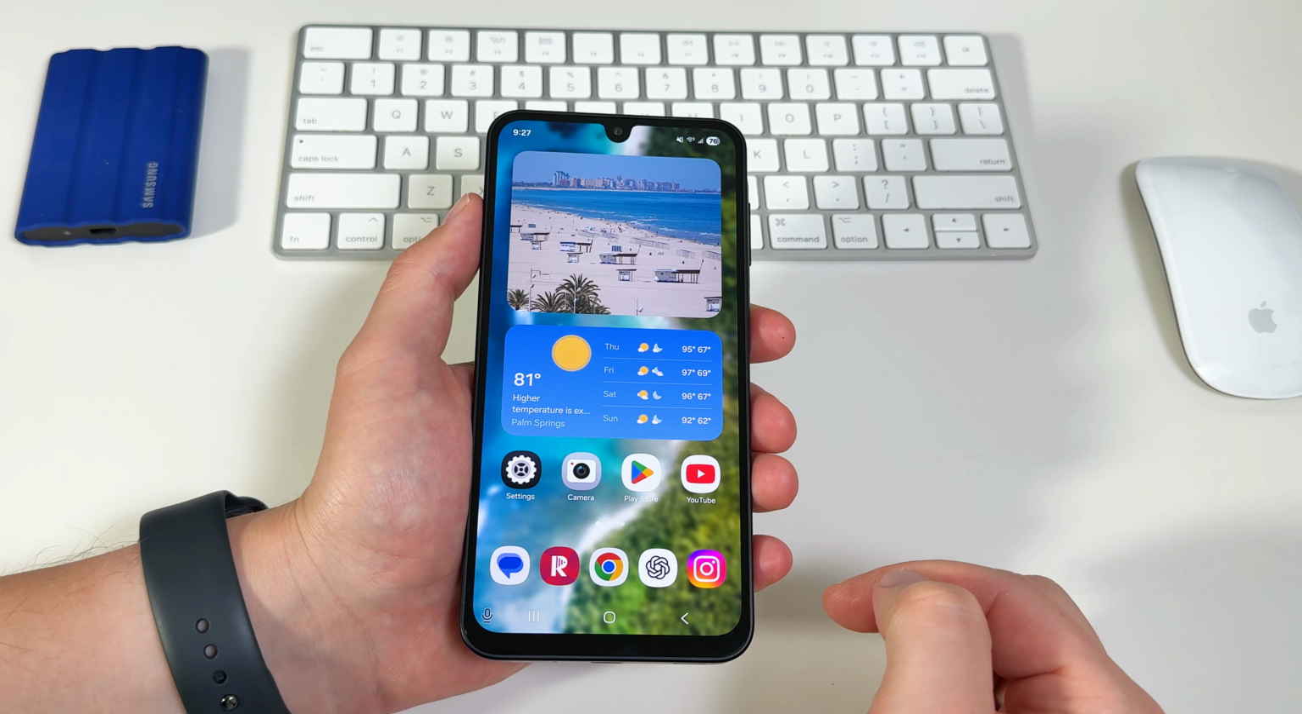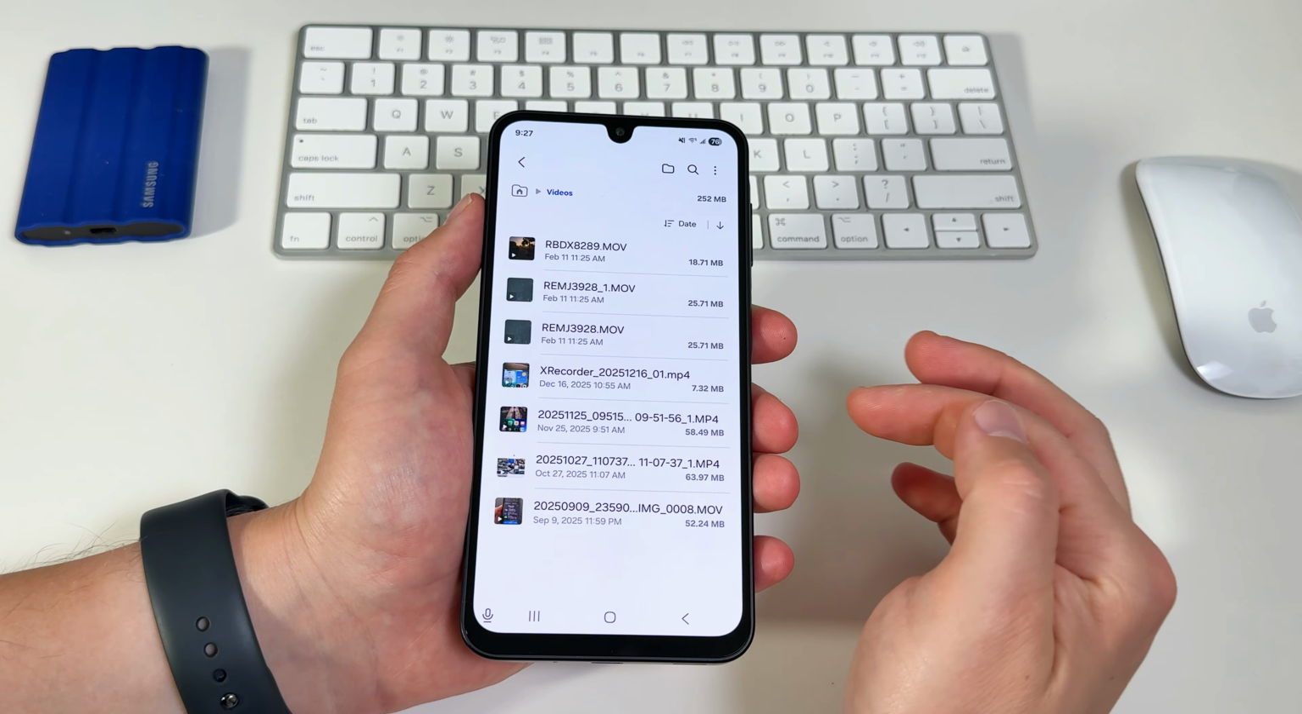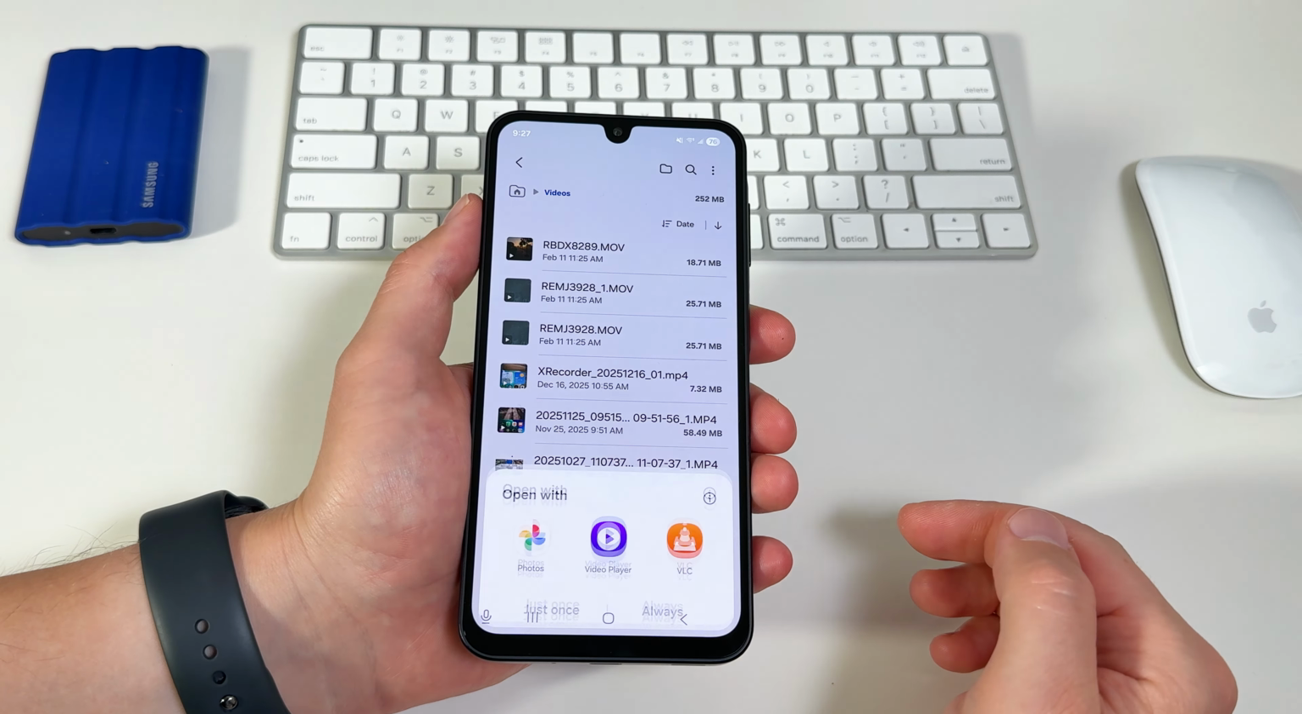Now that I've reset my app preferences, my phone will once again ask what app to use for videos, and I can choose whether that's a one-time use or if I want it to use the same app every time for video